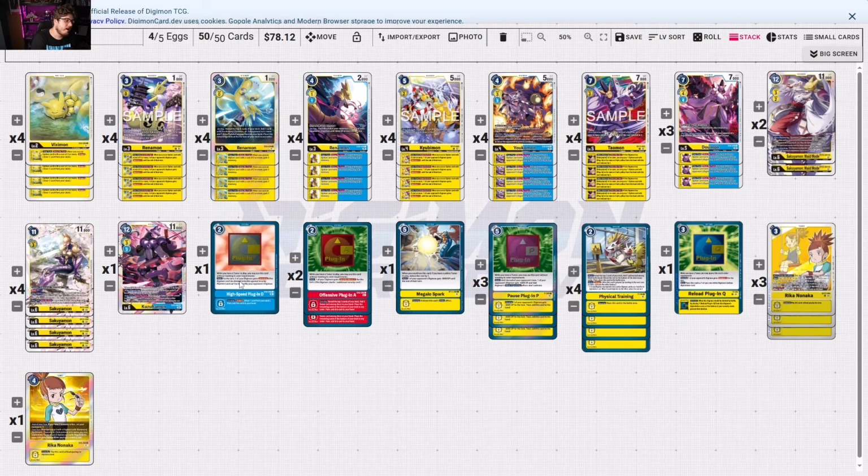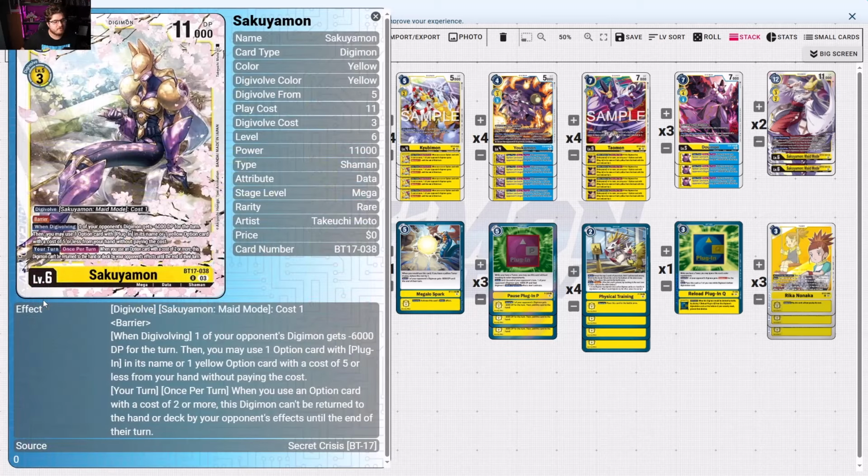Then we have Renamon. One major thing is we don't have the Ace Sakuyamon Ace, so you have to compensate with Maid Mode. But the deck is just kind of similar. The new Sakuyamon is pretty decent with the barrier, and then when Digivolving, one of your opponent's Digimon gets minus 6,000 DP for the turn, then you may use one option with plug-in in its name, or a yellow option with 5 cost or less from your hand without paying its cost,